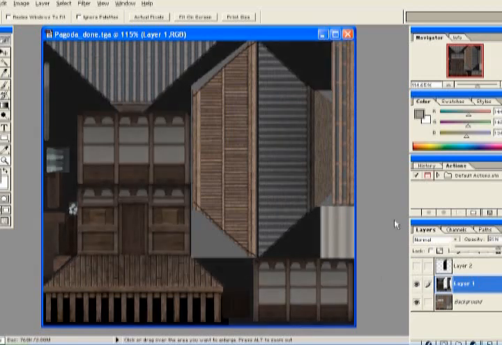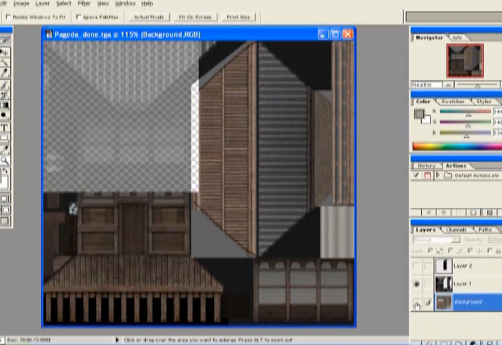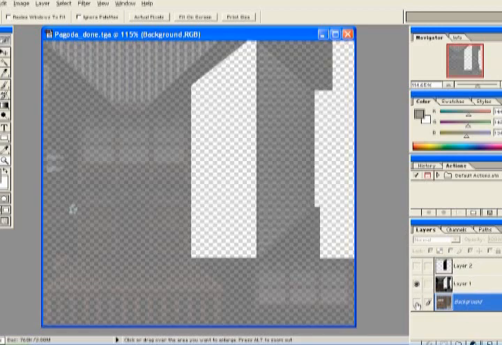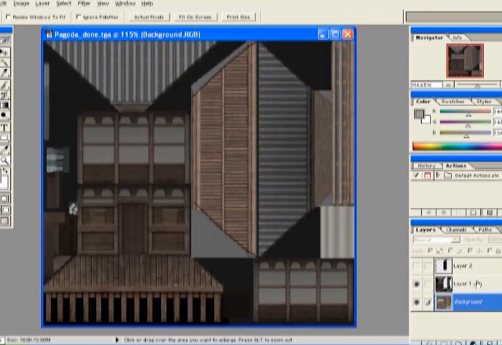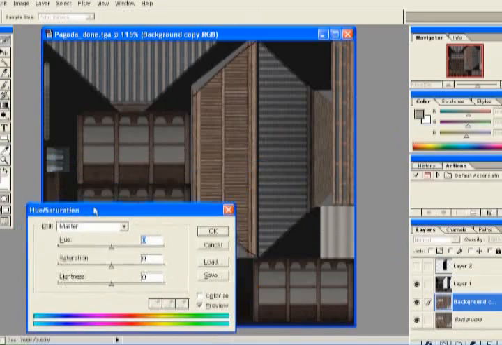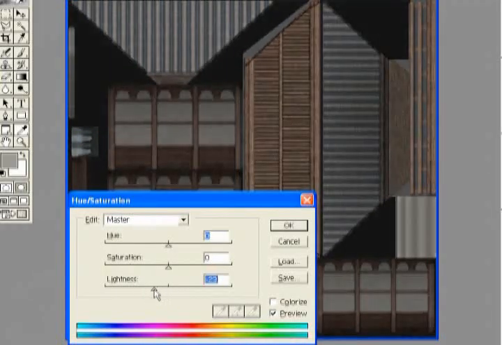Okay, and I think the overall shadowing might be just a hair much, so I'm going to go ahead and just back that off just a little bit. Okay, so it's leaving my other texture showing through just a little bit more. Okay, and this is all personal preference. I tend not to like to go too heavy on the shadowing because my game might be doing some shadowing as well. It's good to have a little bit of shadowing in your texture, but not so heavy that things get too